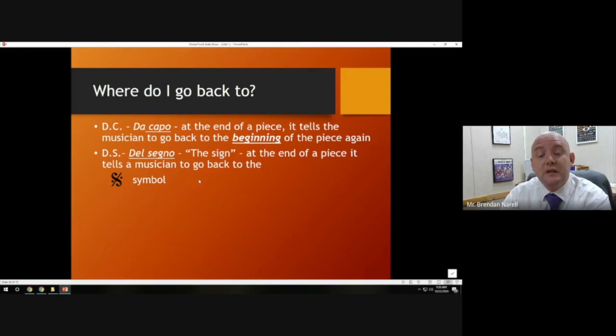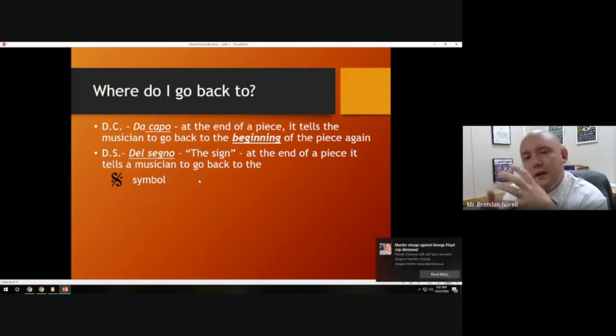We could also see the letters DS, which stands for del segno, which literally translates into the sign. In this case, we would go back and look for the del segno symbol, which is that funny S with kind of a weird percent sign laid over it. And we get this symbol, again, sitting on top of the staff, telling us to go back to wherever that symbol was. So hopefully, if you're a studious musician, when you're playing through the first time, you would